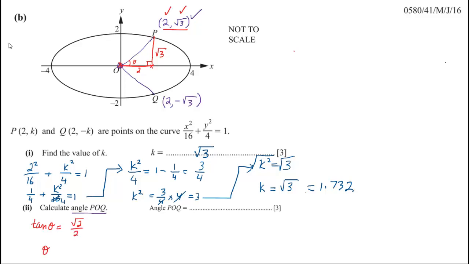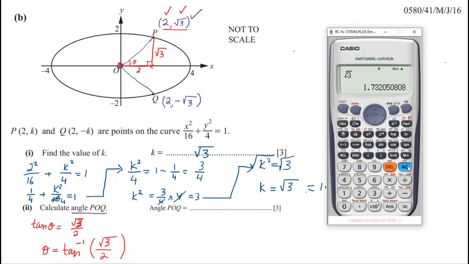So theta is tangent inverse of root 3 over 2. Okay, so let me use the calculator. So it is tangent inverse of root 3 over 2. That gives 40.89